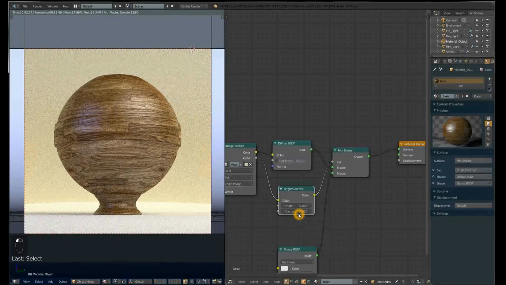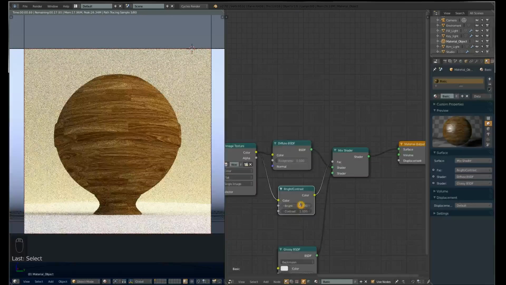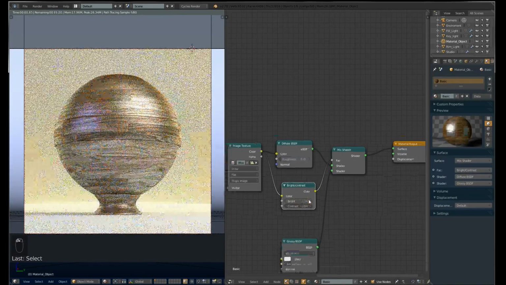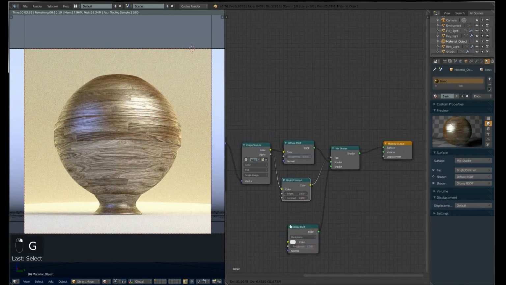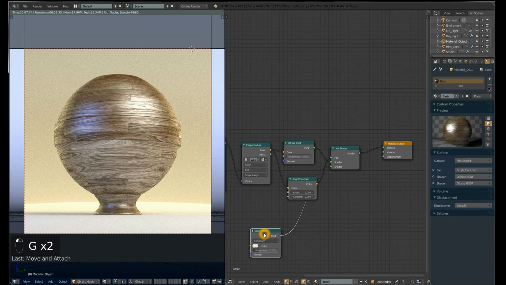Now you should just play with these values. And just make this 2 and that 1. I found this works fine for me, but this looks like old wood now. It looks better, but still looks bad. So